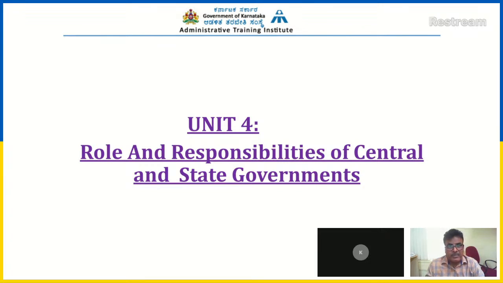So under these provisions, how these government bodies must function, and see that disasters are properly managed. And what is the institutional framework, how the legal provisions are implemented, how the plans are prepared, how the teams are formed and implemented, and what are the roles and responsibilities of the officers in different departments. So you must know this much so that you will be able to do better in the exams.